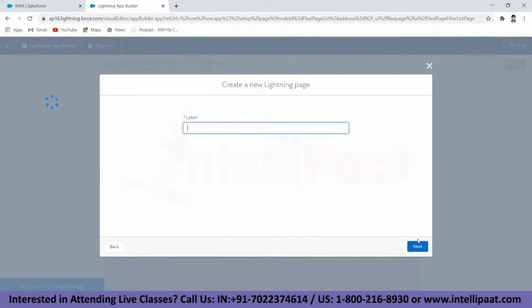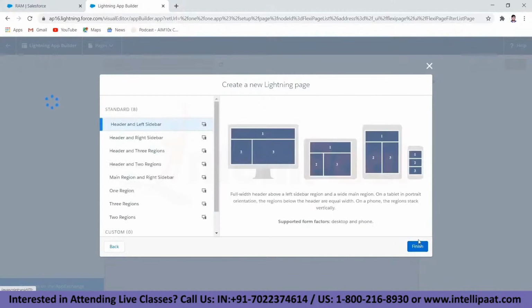You have to select a label's name. So this is learners app page. I think it goes with an underscore. It looks better. Yeah. Now what you can select in the next one is the view.